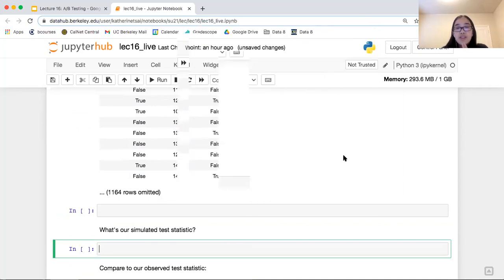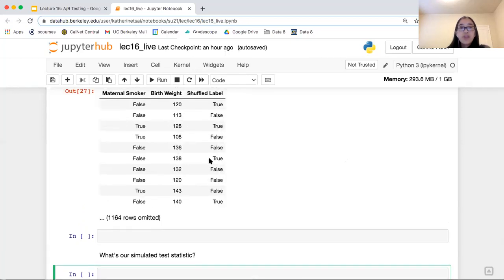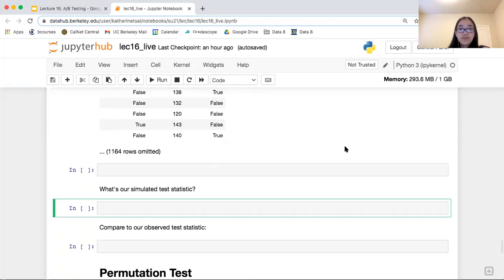And there were a few things in the chat. Someone said, so we shuffle the labels, but keep the order of the weights the same, assuming that we are under the null because the labels wouldn't matter if the distribution was perfectly equal. So yeah, assuming that the null were true, the labels wouldn't matter, which is why we can shuffle them. And we keep the order of the weights the same. That way you have one column of values the same and one column of values shuffled. So now you have all the different shuffled ones. And this is just because we're assuming that the null were true.